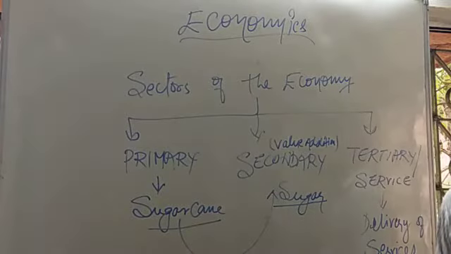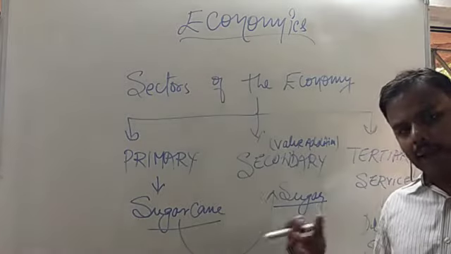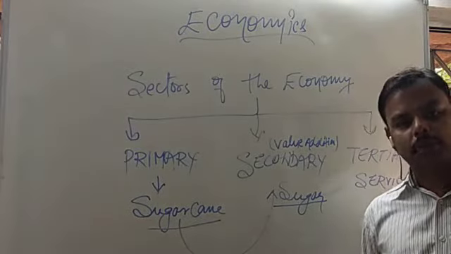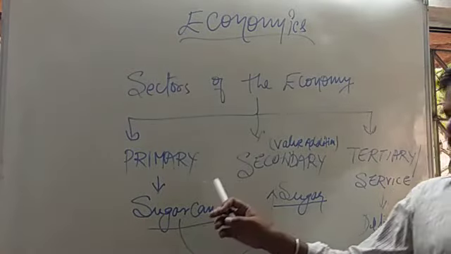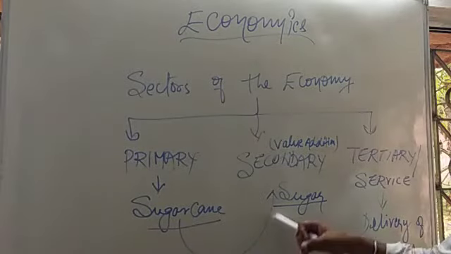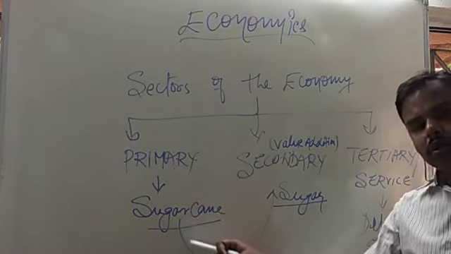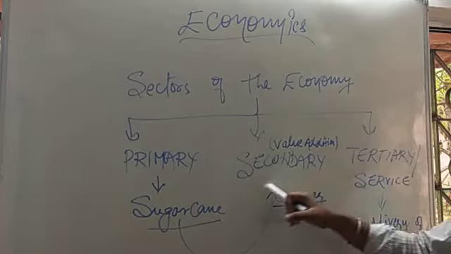And even if there is surplus, once the domestic needs are fulfilled, the sugarcane can be supplied to the foreign market even. So sugarcane is a task of the primary sector. Whatever surplus it has, it supplies to the secondary sector. Why? Just to take out the sugar from sugarcane. So it took out the sugar.